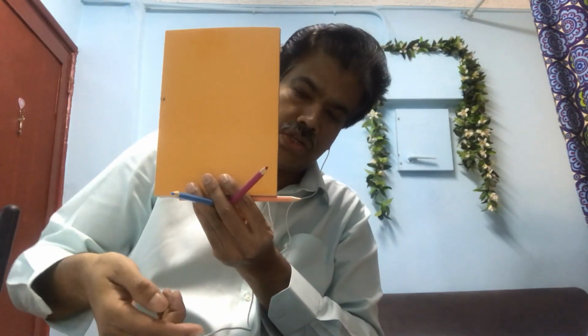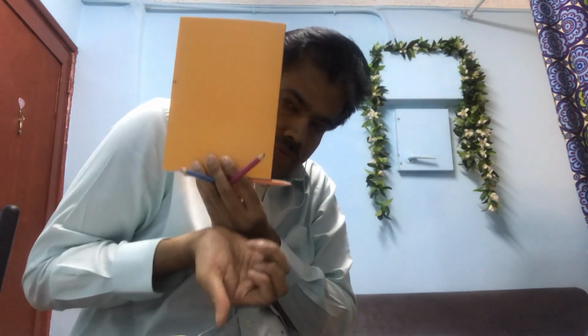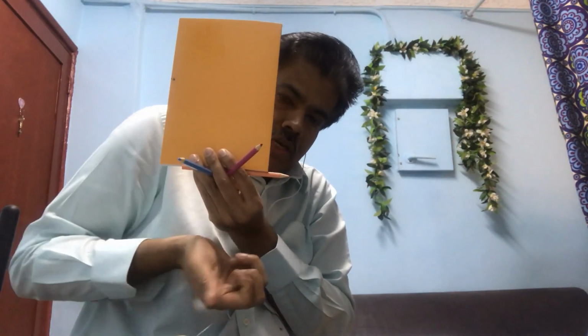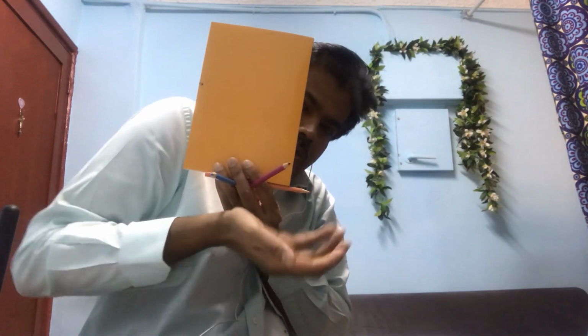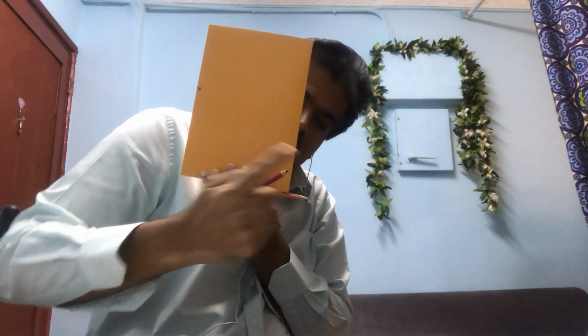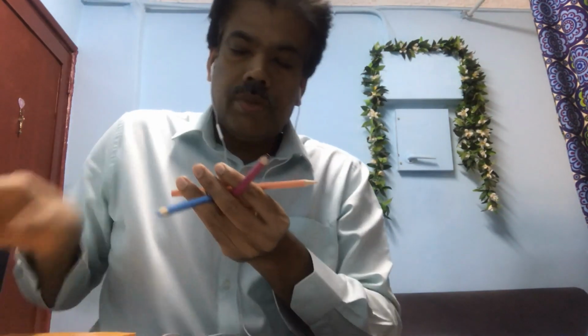Then how to get the direction? You have to use the right hand thumb rule again. You have to curl from where to where? Current element to field. When you curl from current element to field, you can see it is going downward. This way you have to curl, current element to field. When you curl, it is going downward. Okay, so this will be the case.